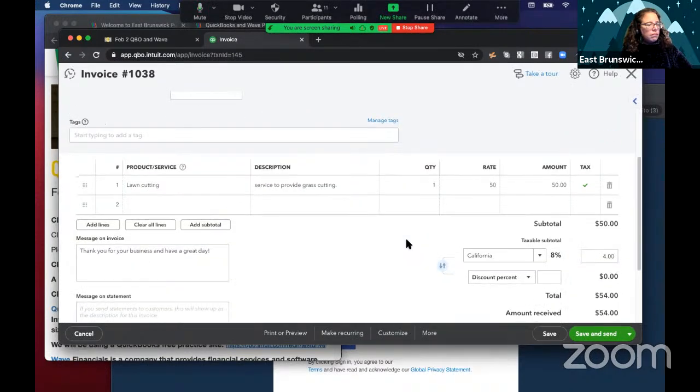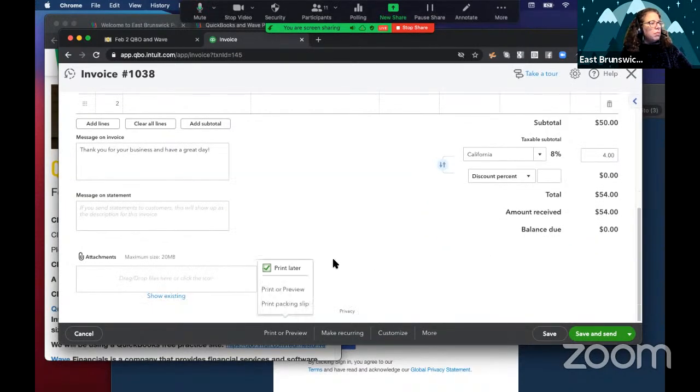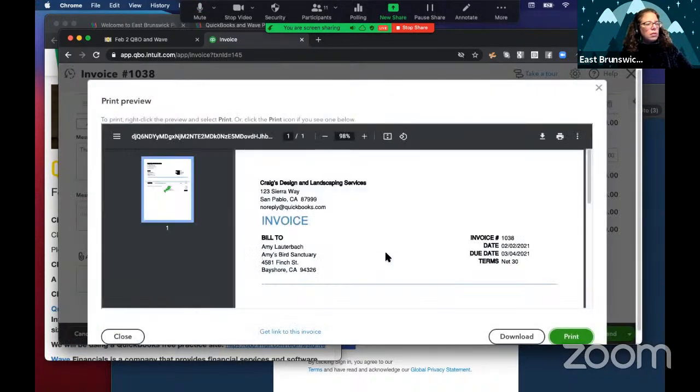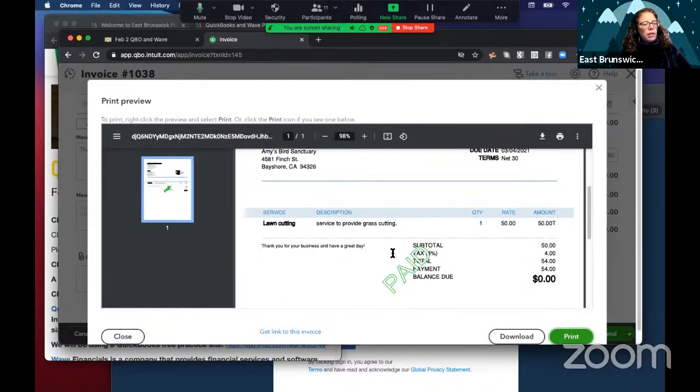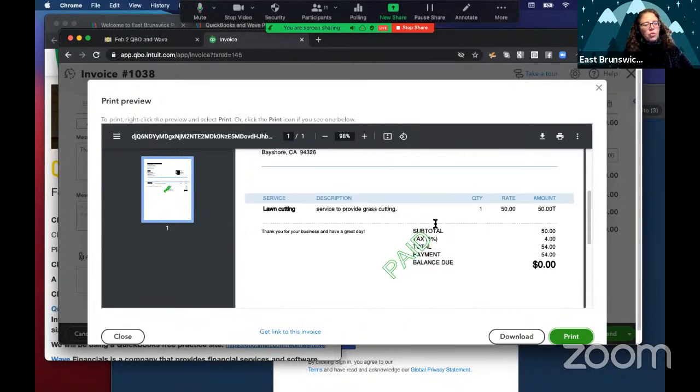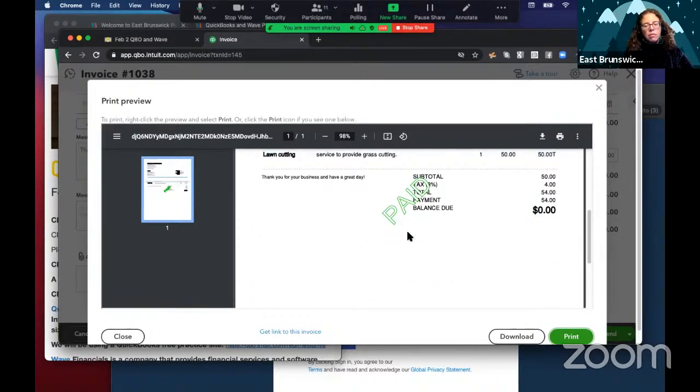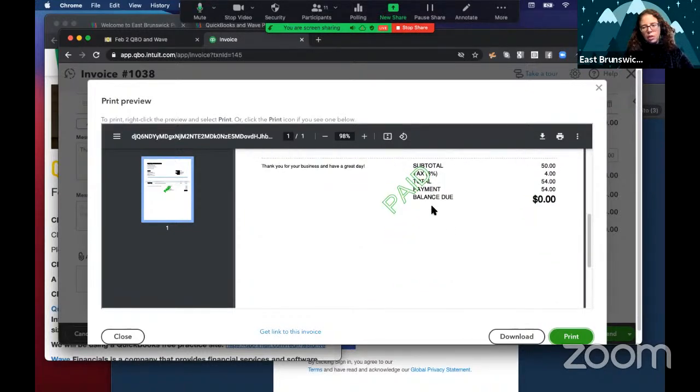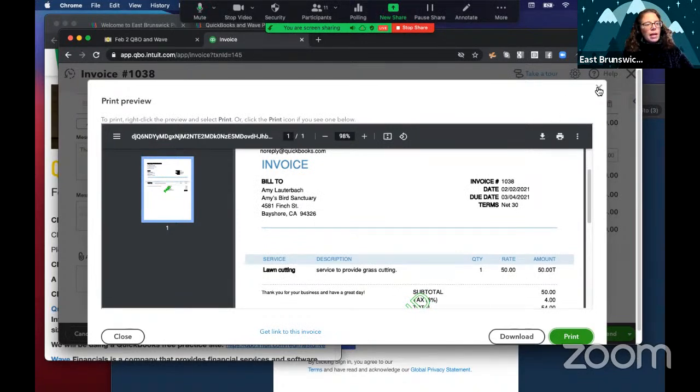And print preview. And now it says paid. So you can send this to your client, Amy's Bird Sanctuary, and she's going to have a record that she paid and she doesn't owe you any money. And you can have this record to yourself too. So that invoice is paid,